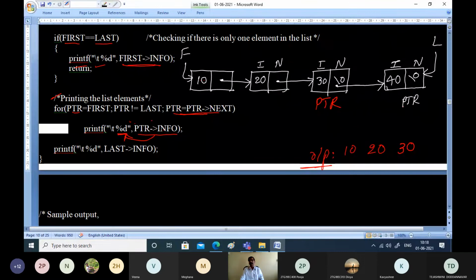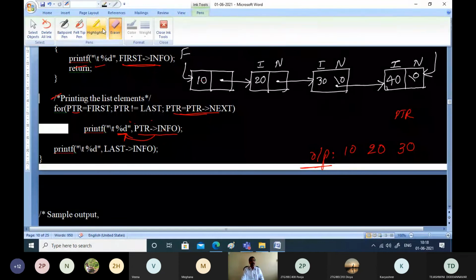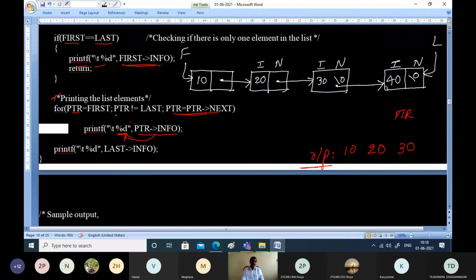After that, once again increment and we will take PTR to this node. So PTR is getting incremented and it is made to point to the next node of the linked list. So check the condition. PTR, is it not equal to last node? It is false, because PTR is equal to last node in this case. We will stop and we will not display the last node. For displaying the value of the last node, we will come out of the for loop. Execution of the for loop ends now. After terminating the for loop, PTR is pointing to the last node now.